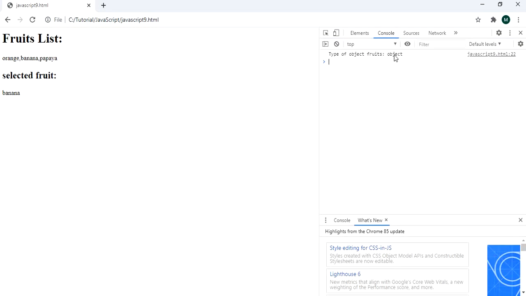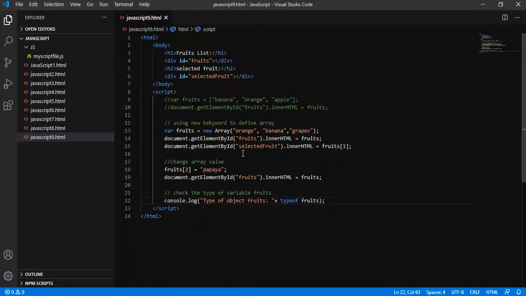So it is printing object, but JavaScript arrays are best described as arrays because they use numbers in order to access the values. Just like here, we are passing the index value in order to access that particular element, whereas if we define an object, then it will use the object member name in order to access the value.